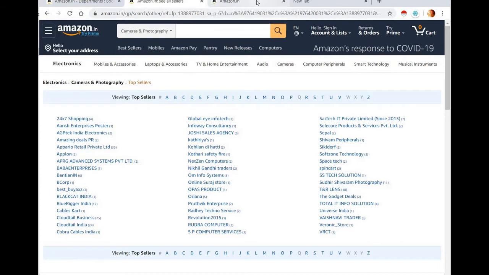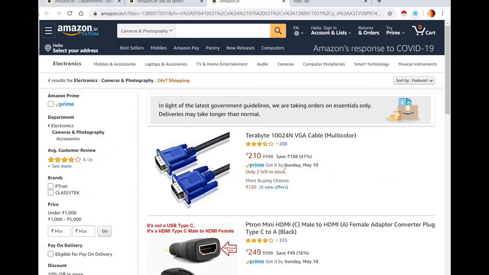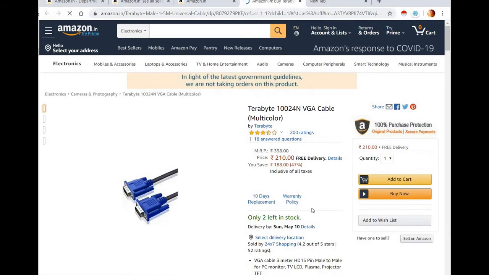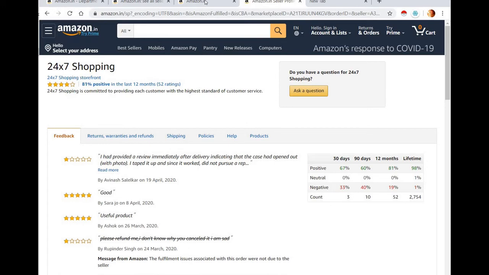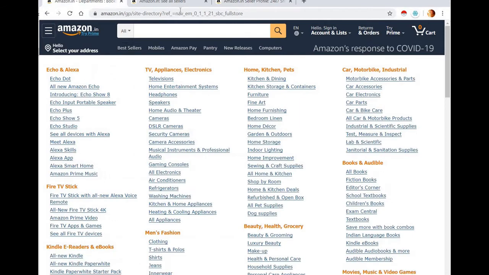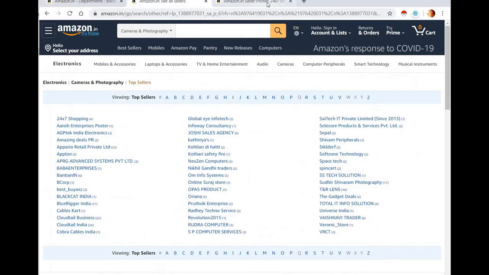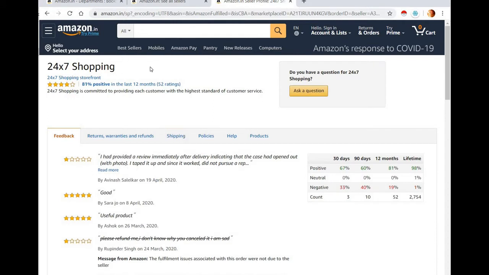Each seller's information is on their particular page. Now we are not landing directly on the seller's information page, but we have to go and get the information from their seller page. Here from this page you can see the category page, seller page, seller list page, and the seller information page. From all this we are going to extract the data using the Scrapy framework.